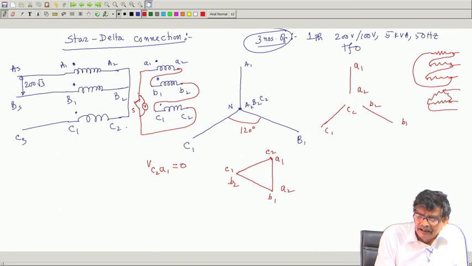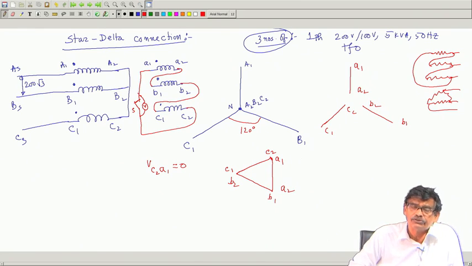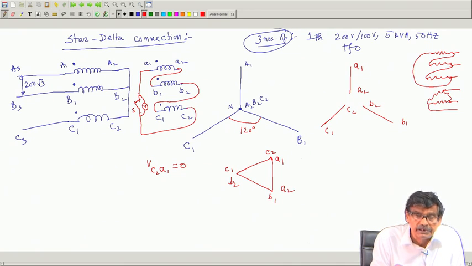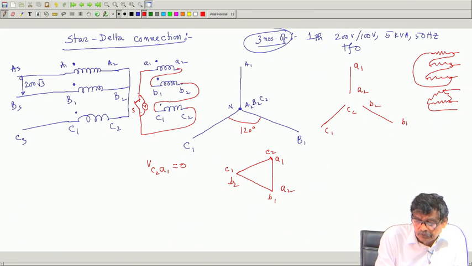suppose I have connected a shorting switch which is open initially, and I would like to know what is the voltage between these 2 points. Why have I connected a shorting switch? With the understanding that there will be induced voltage here, induced voltage there, induced voltage there, and I am going to short these 3 voltage sources connected in series. Will there not be any circulating current? Things like that perhaps prompted me to connect a switch.